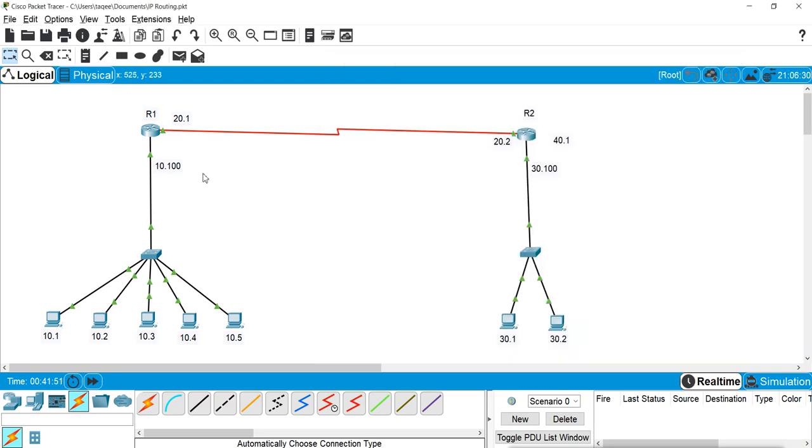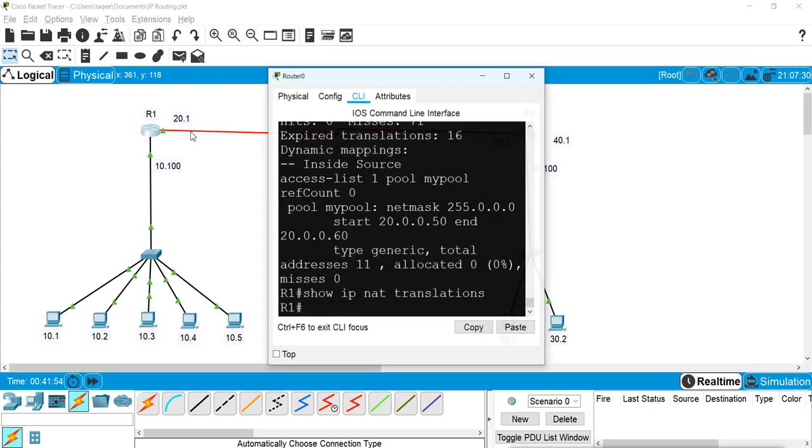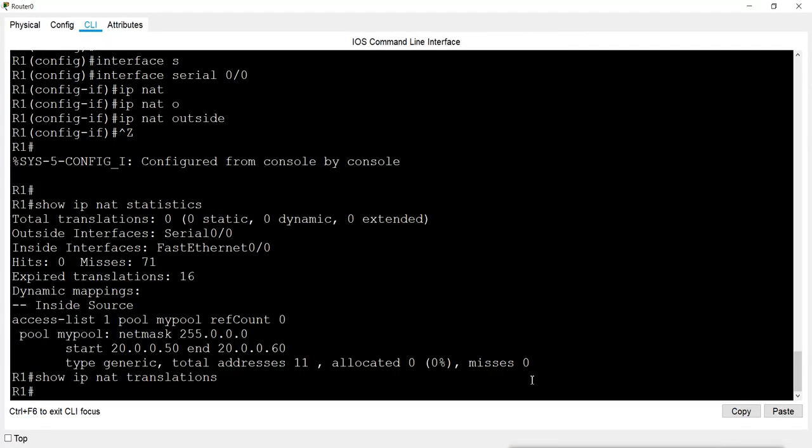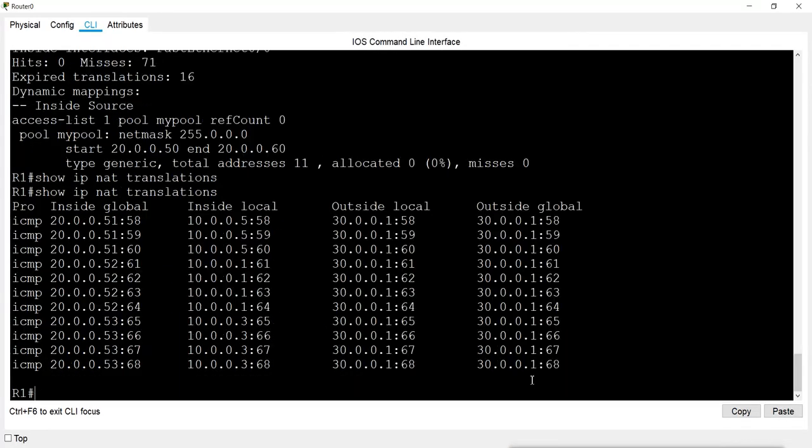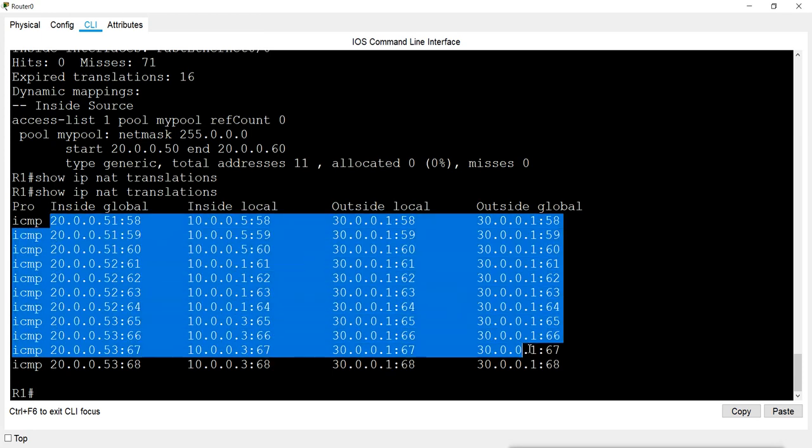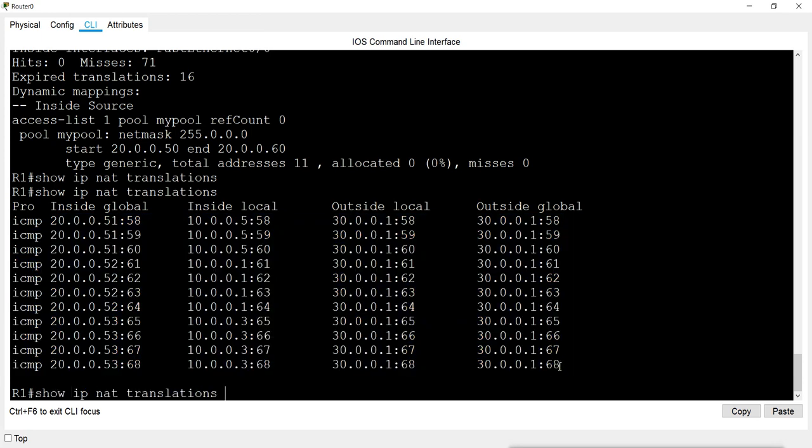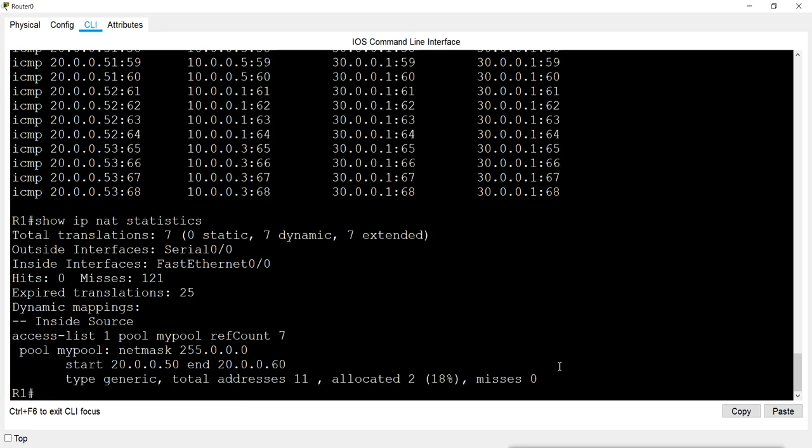And when we check the router to verify, we can check show ip nat translation and now we can see those packets which are translated, and we can check the statistics. Here we can see 2 addresses are allocated, 18% is used.